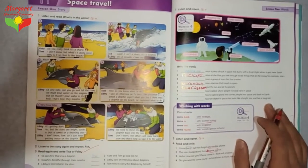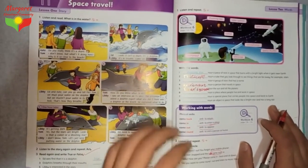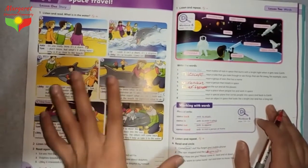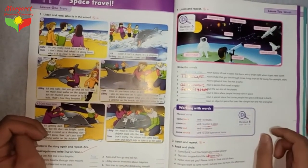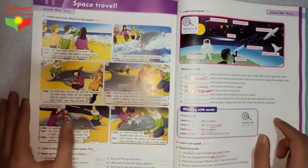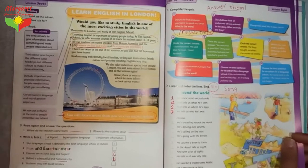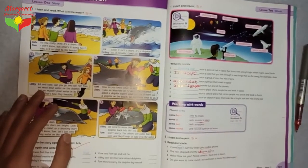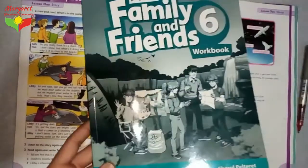My dears, I have come back to present another lesson for you, and that is Unit 11. You are all aware that we finished Unit 10, and we did all the exercises and explained all the topics. I would like to remind you before we start with Unit 11: